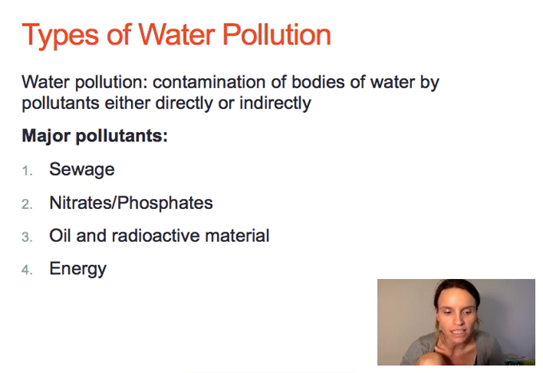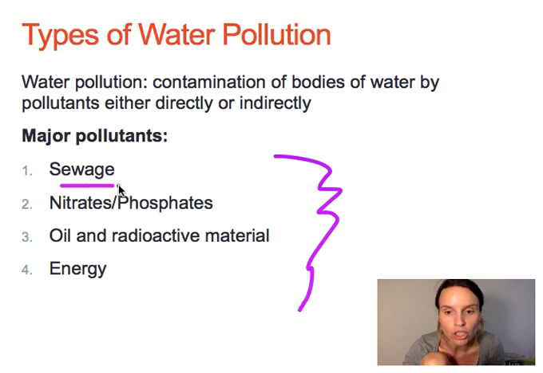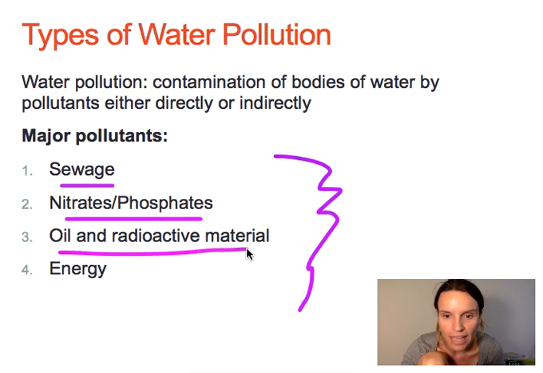So that's pretty obvious. It's contamination of bodies of water by pollutants either directly or indirectly. And there are some major pollutants that we should be concerned about. The first is sewage, both human sewage and animal sewage. The second is nitrates and phosphates from fertilizers. The third is industrial stuff like oil and heavy metals and radioactive materials. And the last is energy. So this is heat and light and sound. All of those provide different disruptions to the organisms that are trying to live in